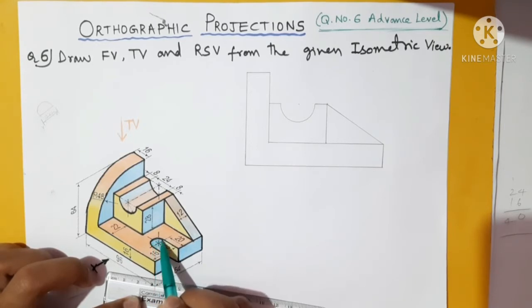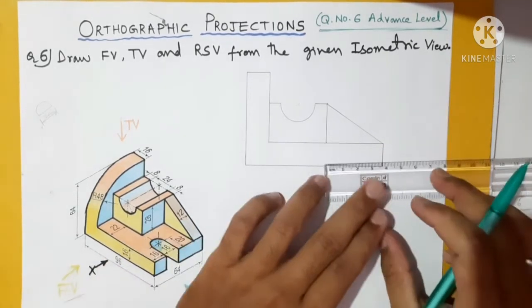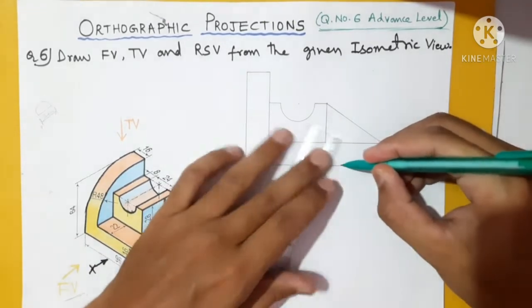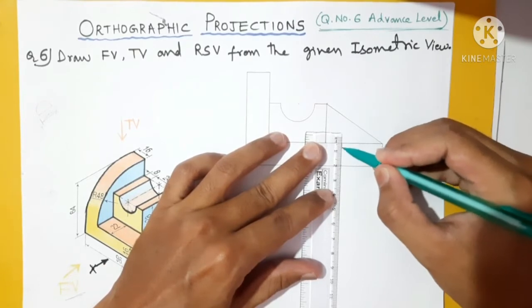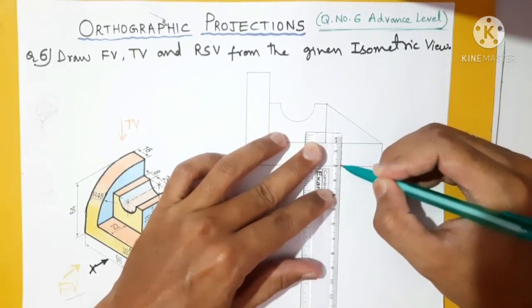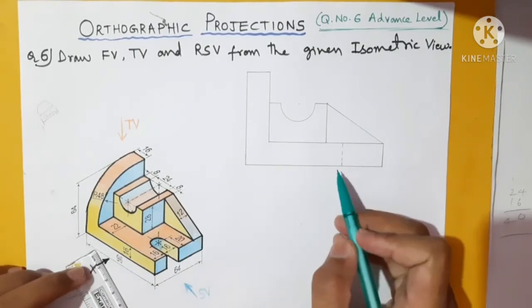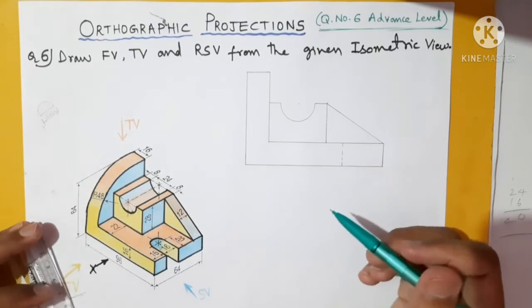Then the same radius continues throughout. So from center to here is 8 millimeter radius. 20 plus this 8, total depth is 20 plus 8 is 28. Let us go inside with the depth of 28 millimeter, which comes somewhere here. So here is a slot which we have shown in the front view by help of hidden edges. Anything else left? Nothing. Let us go for top view.